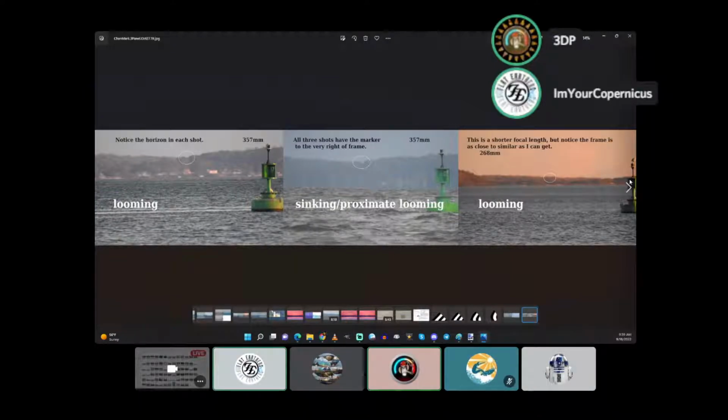And in this image here, you can see that I've marked out that I'm at a 268 millimeter zoom. And this one's 357. That's the full zoom in the P900. 357 full zoom. Okay. Now in the 357 here and the 357 here,